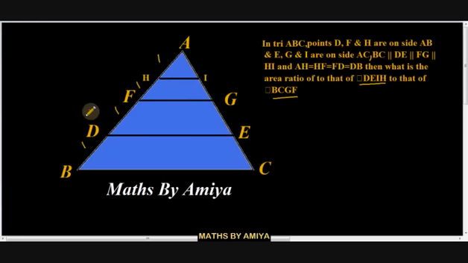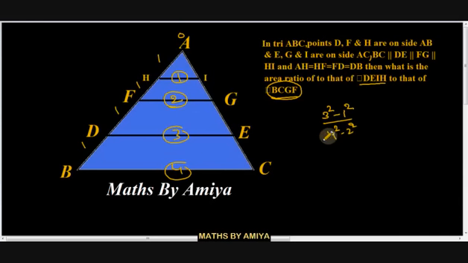When we have these ratio given, we can find the ratio of the bases. Say this one is 0, 0 plus 1 is 1, 1 plus 1 is 2, 2 plus 1 is 3, 3 plus 1 is 4. So this is our base ratio and we have to find DEIH. The base is 3 and IH is 1. So this quadrilateral, the area should be 3 square minus 1 square. For this quadrilateral BCGF, the area ratio should be 4 square minus 2 square.